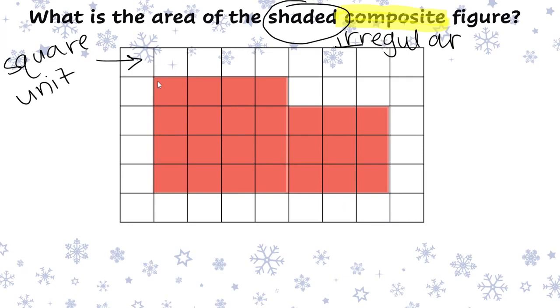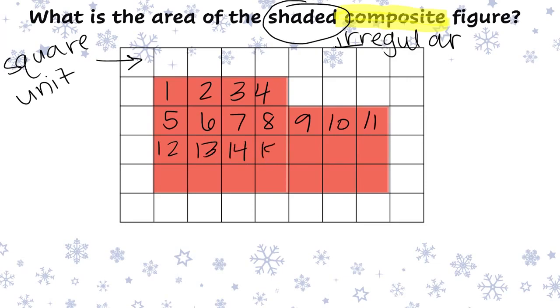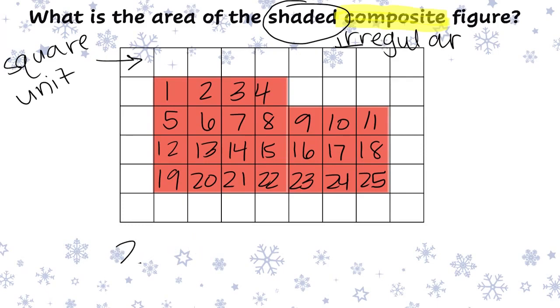So let's go ahead and let's count those. 1, 2, 3, 4, 5, 6, 7, 8, 9, 10, 11, 12, 13, 14, 15, 16, 17, 18, 19, 20, 21, 22, 23, 24, 25. So the area of this shaded composite or funky figure is 25